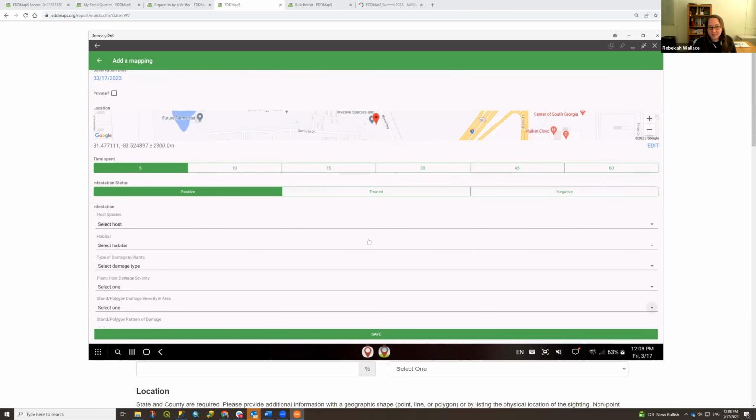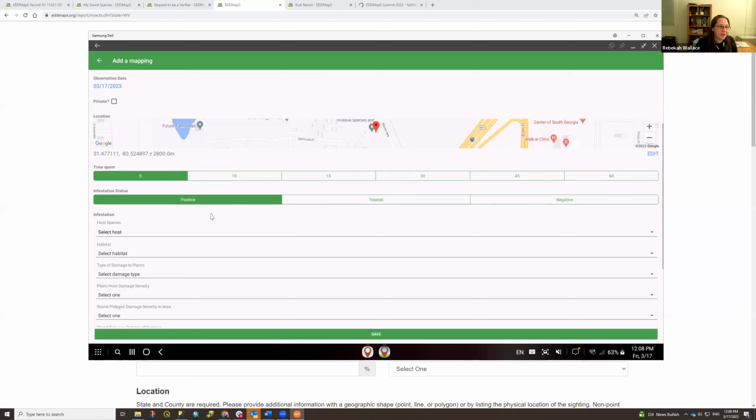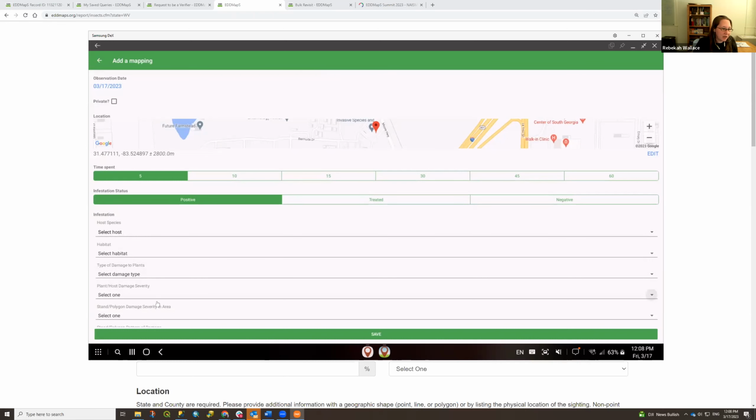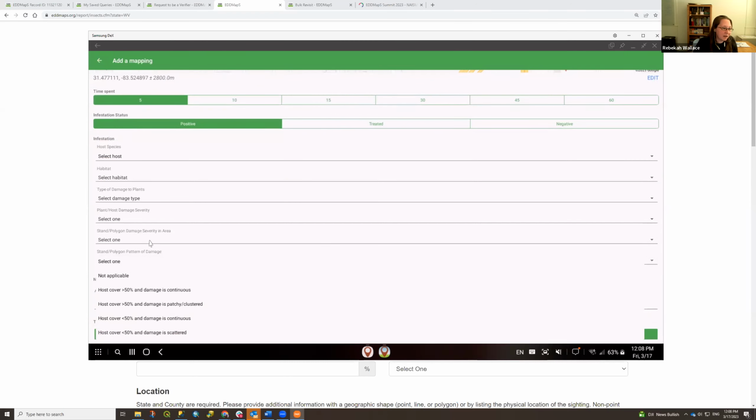I will say that for her specific questions about how many, where, all of those things, that is on the reporting form. So this is the EDDMapS Pro. I said I found kudzu bug. I can say what the host species was, so kudzu, soybean, whatever. I can also say basically how many did I see?